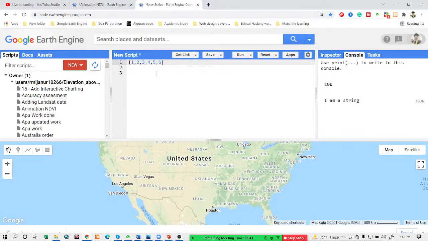We already know that when you define a variable you must use the var keyword. I simply use the var keyword, then the variable name is number. Now this list will be added to the variable named number. I want to show this result, so I use the print function, copy this variable name and paste it here, and when I click run I get this result, you can see.